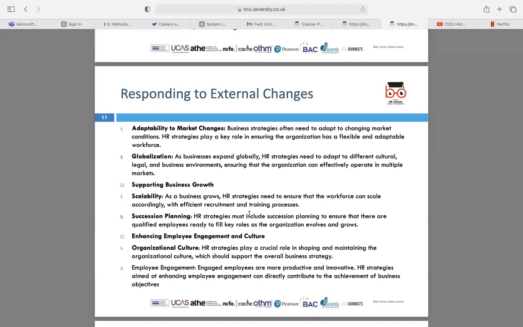Then, supporting business growth, you can talk about scalability. Scalability essentially means the scale at which a business grows and how the workforce is managed accordingly as well. Like we spoke about the cafe again, I'm sorry I keep bringing the cafe up. It's just a very simple business model to put the idea of what scalability is into the business world.